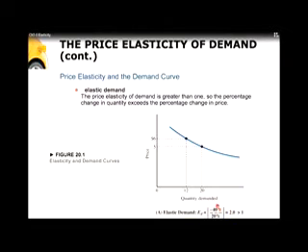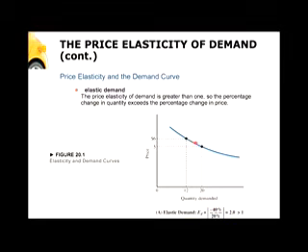Well, we look at the percent change in quantity and the percent change in price. So if we move from this point to this point, our percent change is a negative 40% change in the quantity demanded, and the price has gone up by 20%. So when we look at the price elasticity of demand, that is 2.0, which is greater than 1. And we call this an elastic demand curve because the percent change in quantity is greater than the percent change